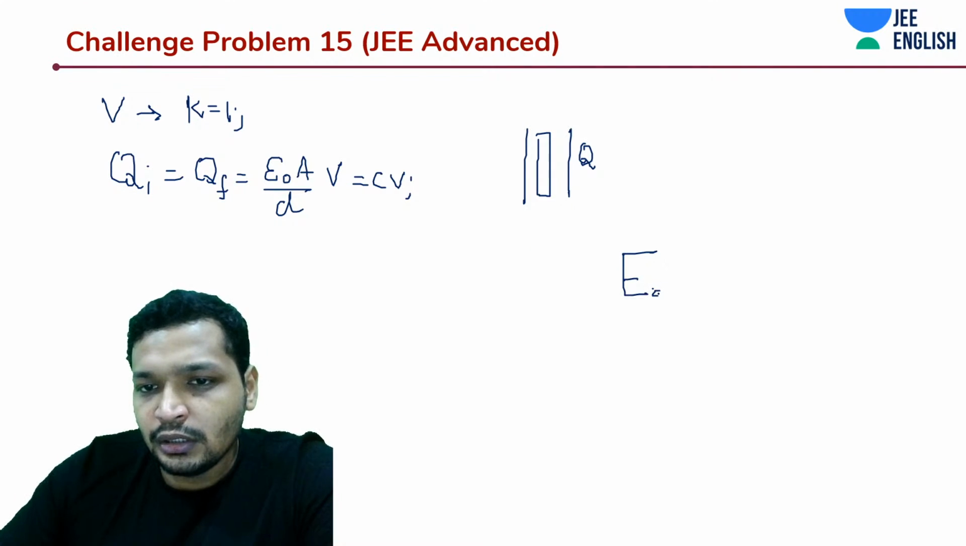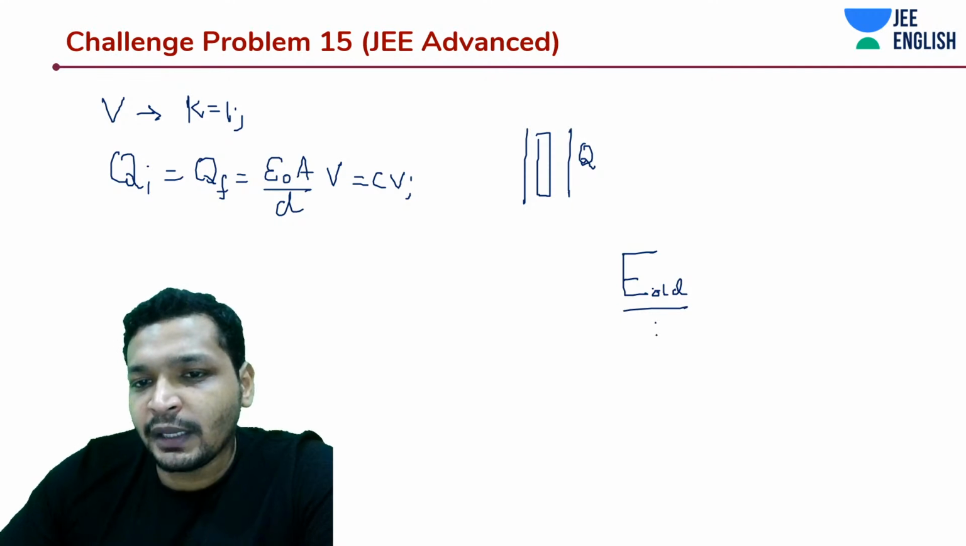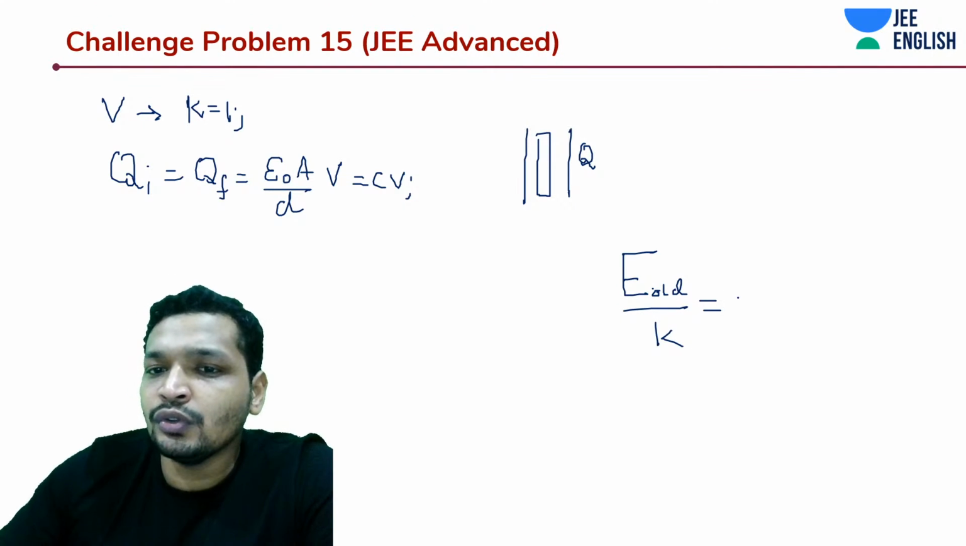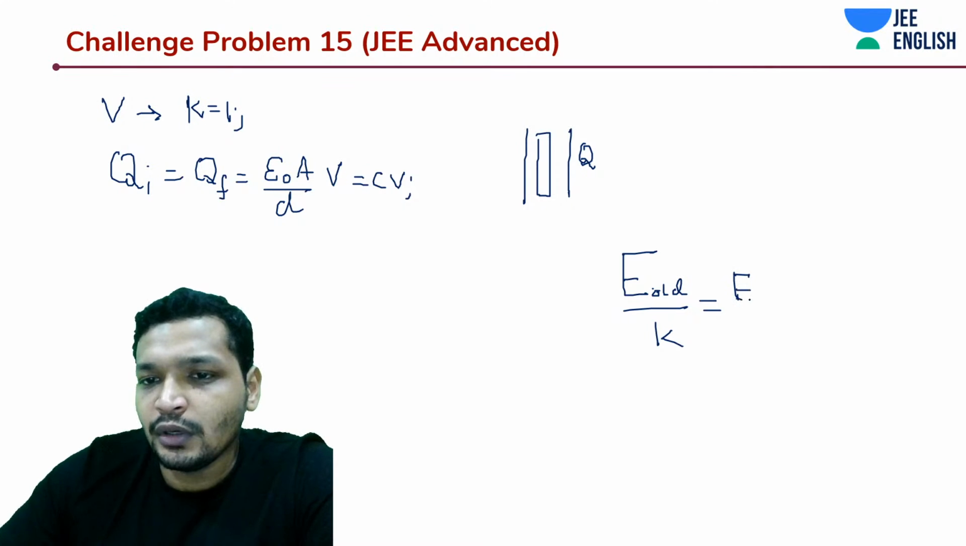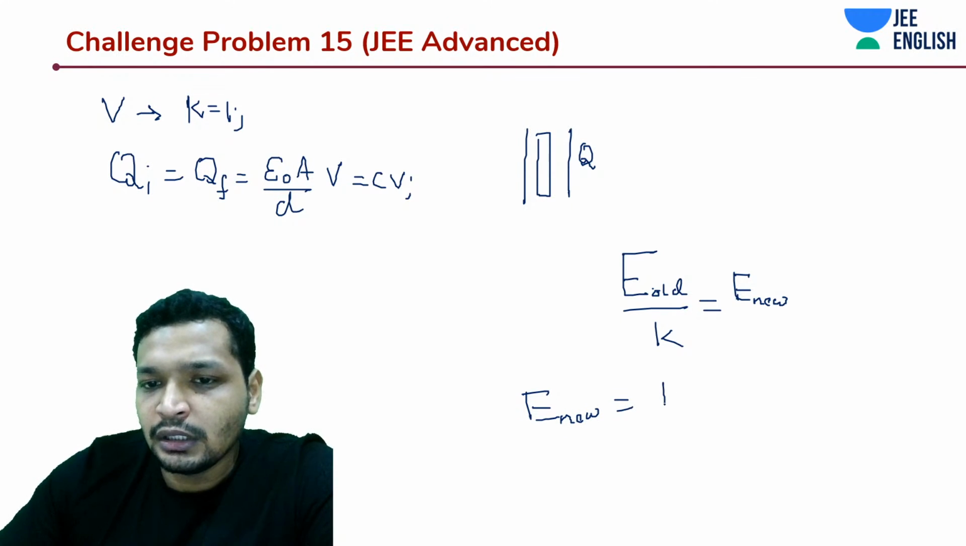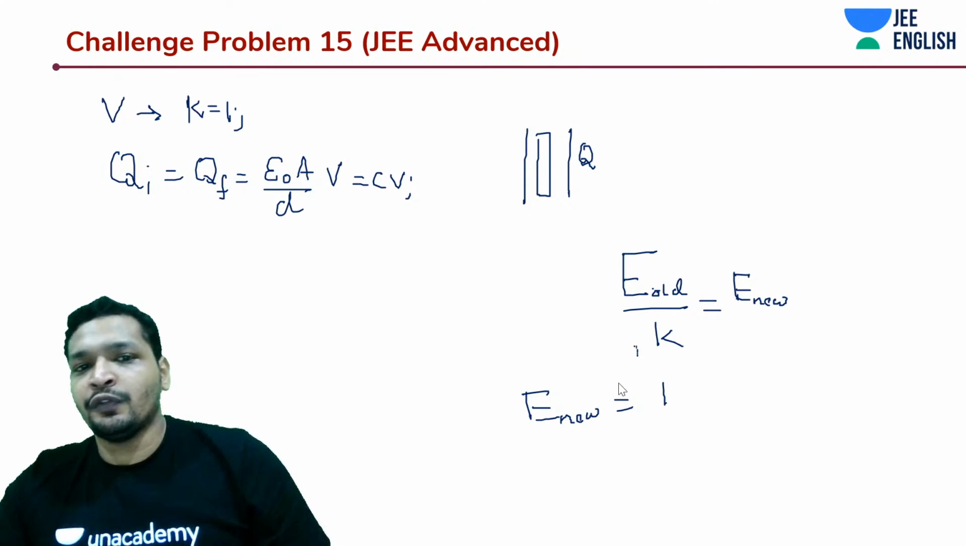E old divided by K is equal to your E new. Okay, then what is your E new? Just think in terms of potential. If initially you had a potential of V between them,